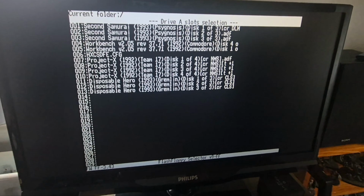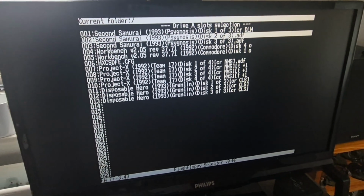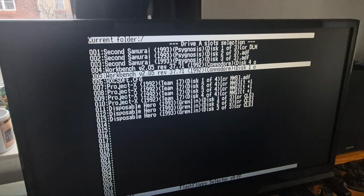So what I'm going to do is actually load up Workbench from here using the Gotek. So if I use disk 1, and if I press F7 to load that up,